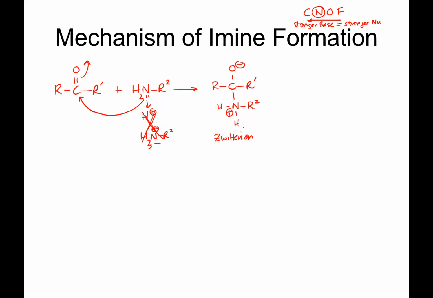Now that's not going to be very stable, and the O minus is going to want to take away the proton from the nitrogen. Whether that happens intramolecularly or whether two of these molecules collide and the H plus is taken from the N by another O minus is kind of irrelevant. I'm just going to write the arrow here as if it happens intramolecularly. It probably doesn't, but what I'm going to end up forming